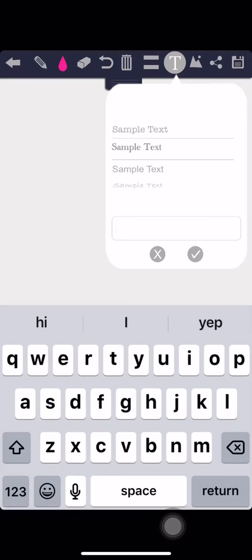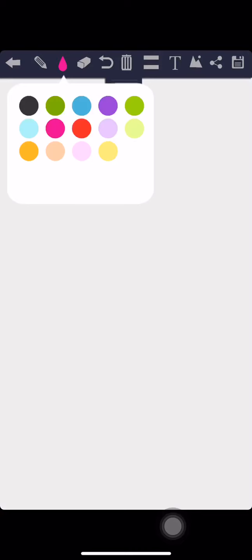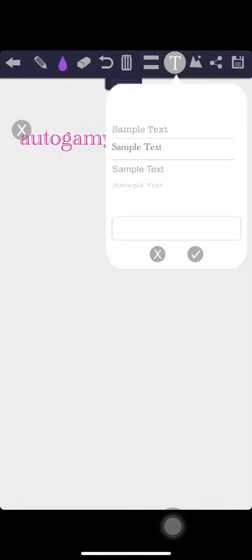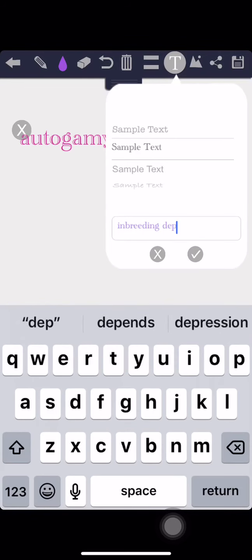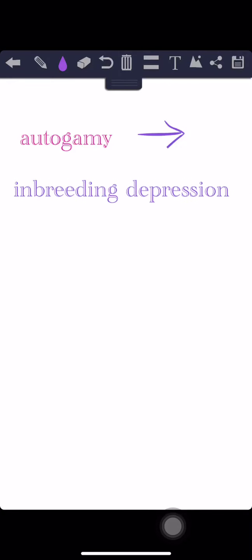In autogamy, there is one characteristic feature that they regularly undergo self-pollination, and because of which they face one problem, that is inbreeding depression. Inbreeding depression is a typical problem because of continuous self-pollination. And what is inbreeding depression? It is the loss of vigor by the plants, and